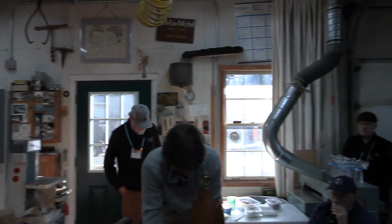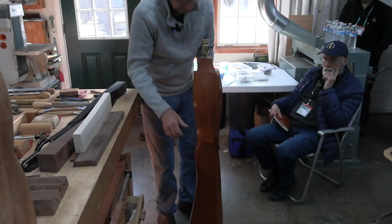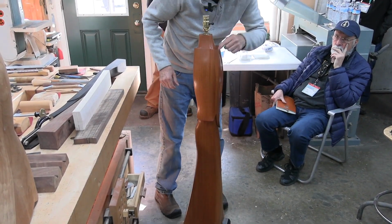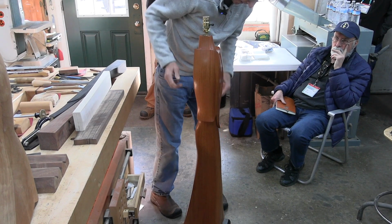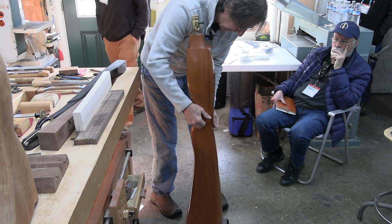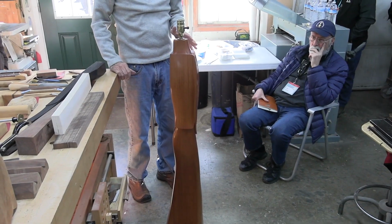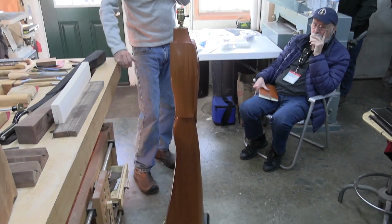So this is still a product. It's for sale. You've got to be careful of it. This is about as sculptural as I get. It's a floor lamp, and it would